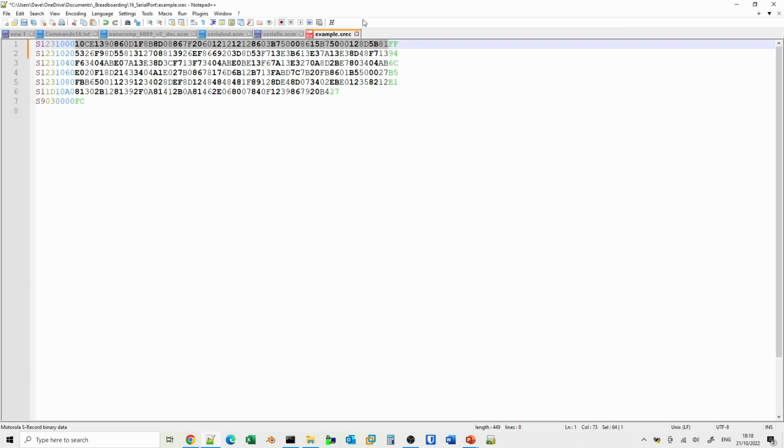So with the address and the checksum, that gives us 23 in hexadecimal number of bytes. And then we can see at the end here, the last record does not have this number of bytes. Now, I think in the nanocomp code, I seem to remember we're going to be doing things in blocks of 16 rather than 32, but it doesn't really matter. It's valid either way. I think there is a maximum length for the SREC format, so there is a limit on how many bytes you can include on a line.